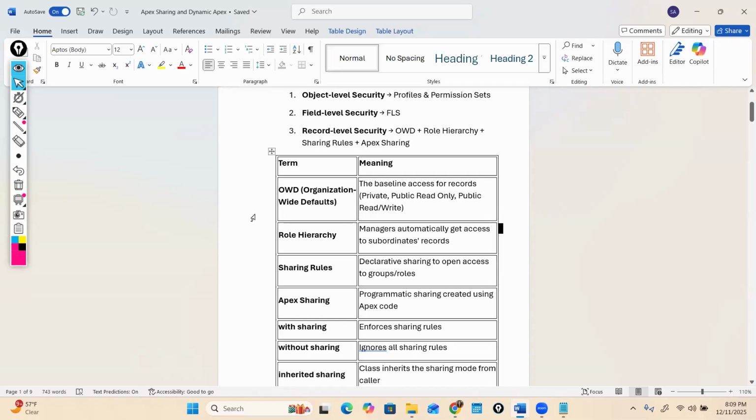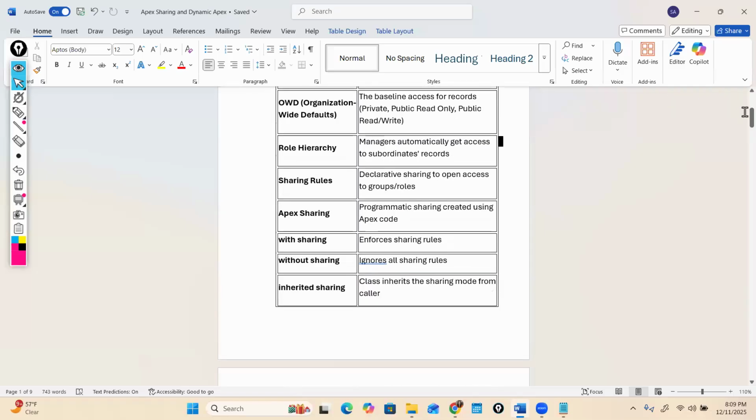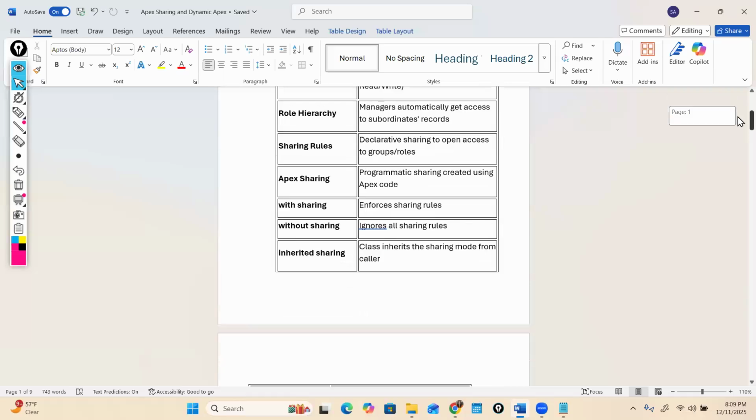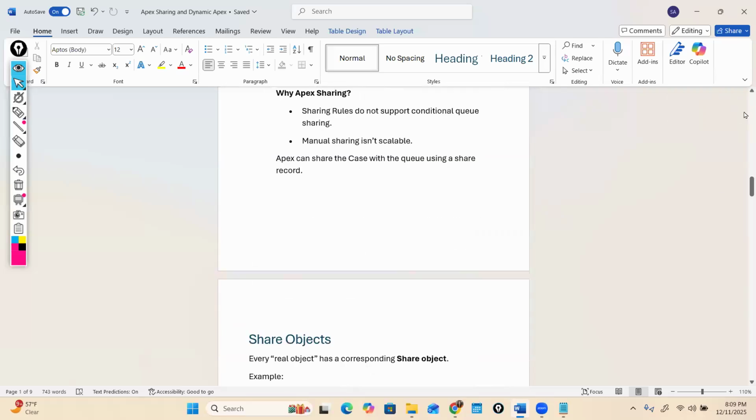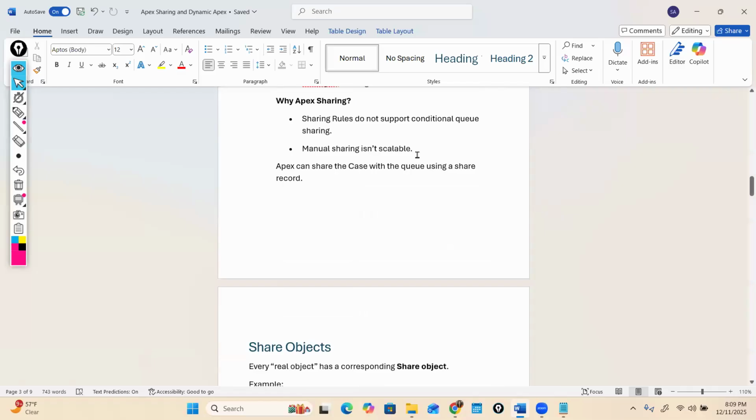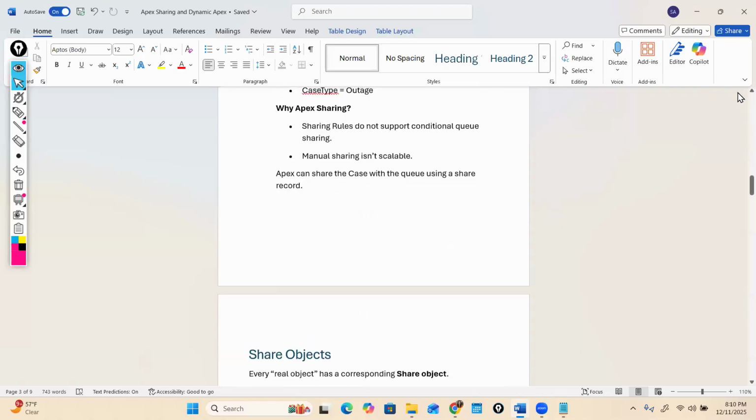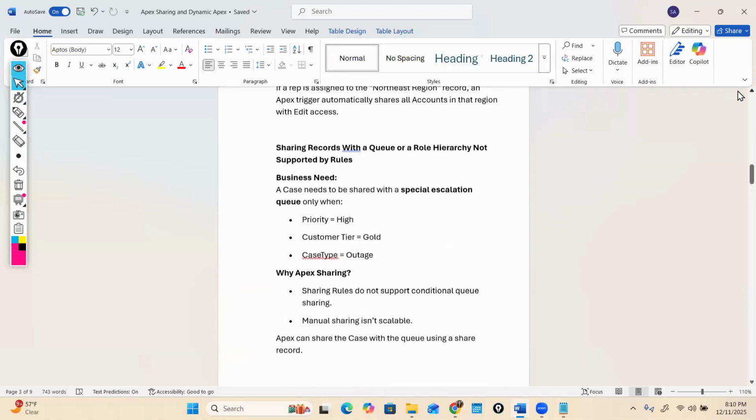Inherited sharing, basically the classes will inherit their sharing from the parent class or from the calling class. That is inherited sharing. So we have different ways. In this tutorial, we are going to talk about Apex-based sharing. So what is Apex-based sharing? Apex-based sharing is used when sharing rules don't support conditional queue sharing, right? For example, the scenarios are,